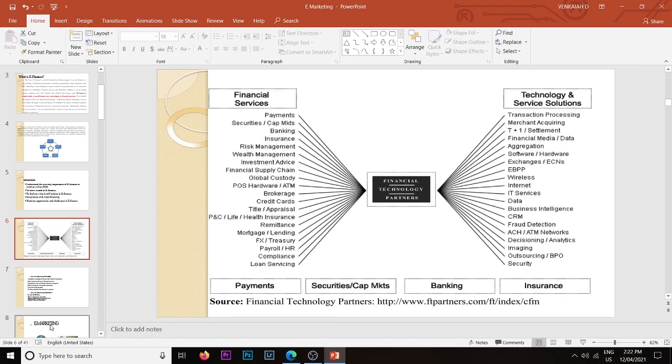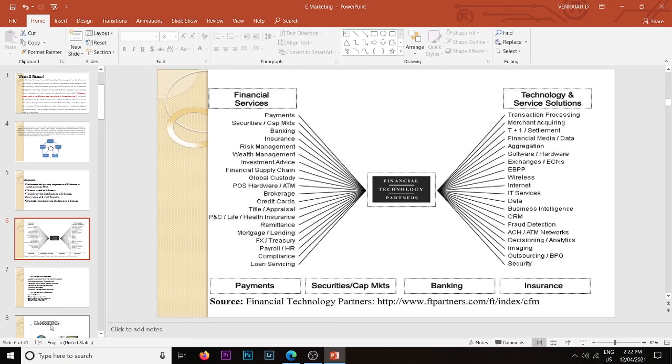If my bank account is connected with a DMAT account and my DMAT account is linked with my trading account, then there is no need to wait for T plus 1. Automatically, my bank account is updated, with purchases deducted from my account and sales added to my account. That is one type of service offered by banking companies.